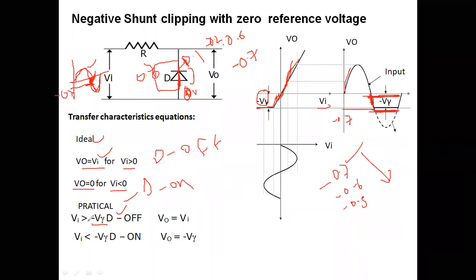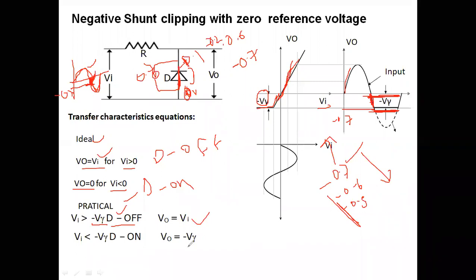Therefore, when you apply the input voltage which is greater than the cut-in voltage, meaning 0.6, 0.5, you should not go this side. 0.8, 0.9 are the smaller values, because it is a minus sign. When it is greater than minus cut-in voltage, diode will be in off state. What input you are going to get at the output?